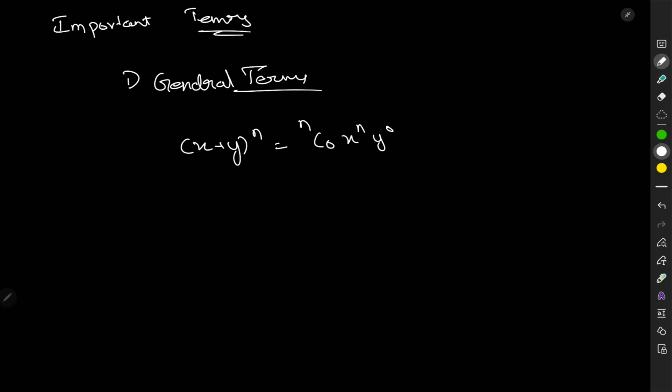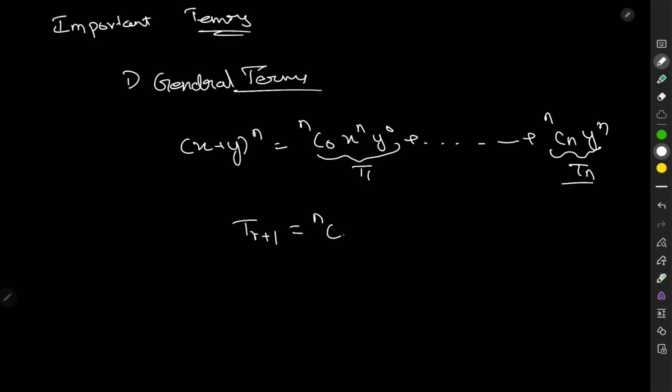We know this equation, right? We consider the first term as term 1, and the last will be Tn. So the general term can be written as